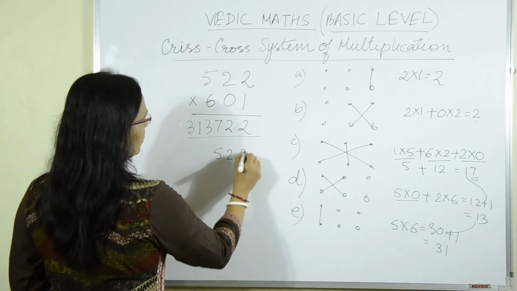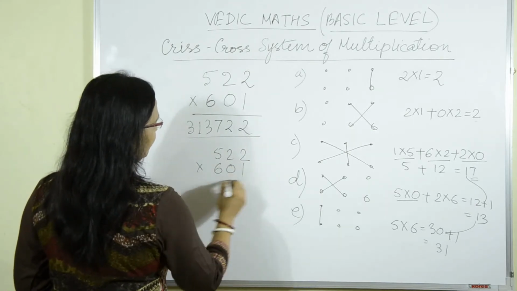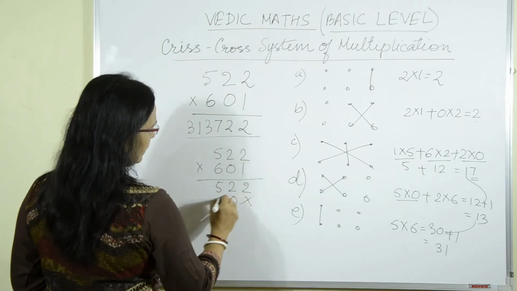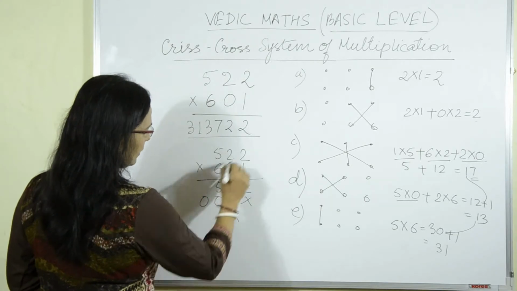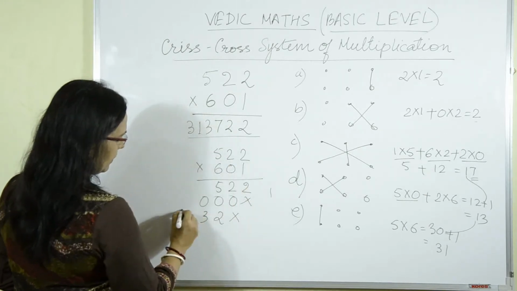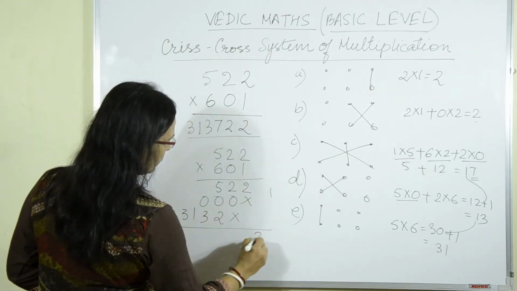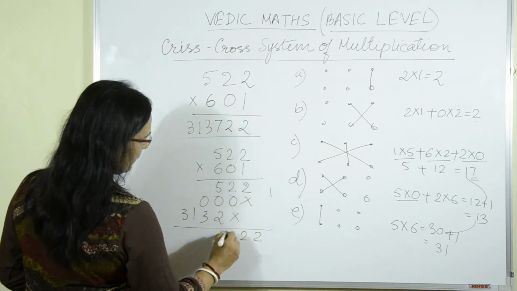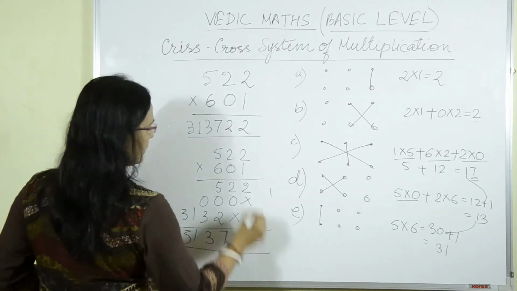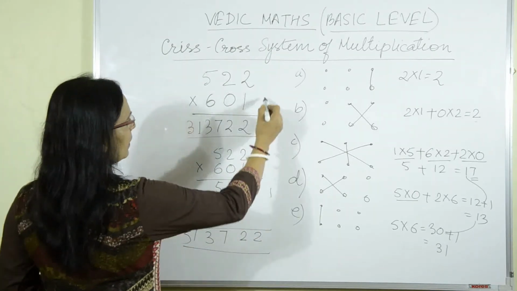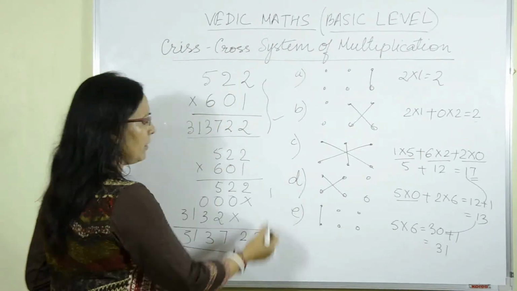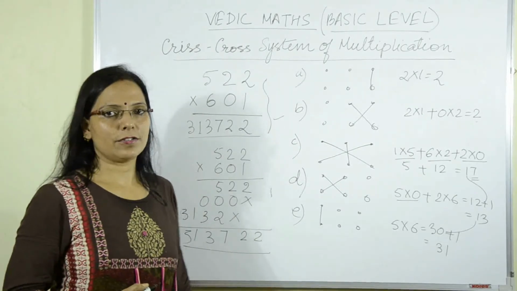Let us check this also in the general method. 601 522, so 2 2 5, middle is all 0. The third, 6 2s are 12, carry 1. 12 plus 1 is 13, carry 1. 30 plus 1 is 31. So 2 here, this is also 2. This one is 7, this is 3, this is 1 and this is 3. And we can see that the answers are all the same. And this is how we can do easily in Vedic maths way. And this is the general method which is being taught in the schools.